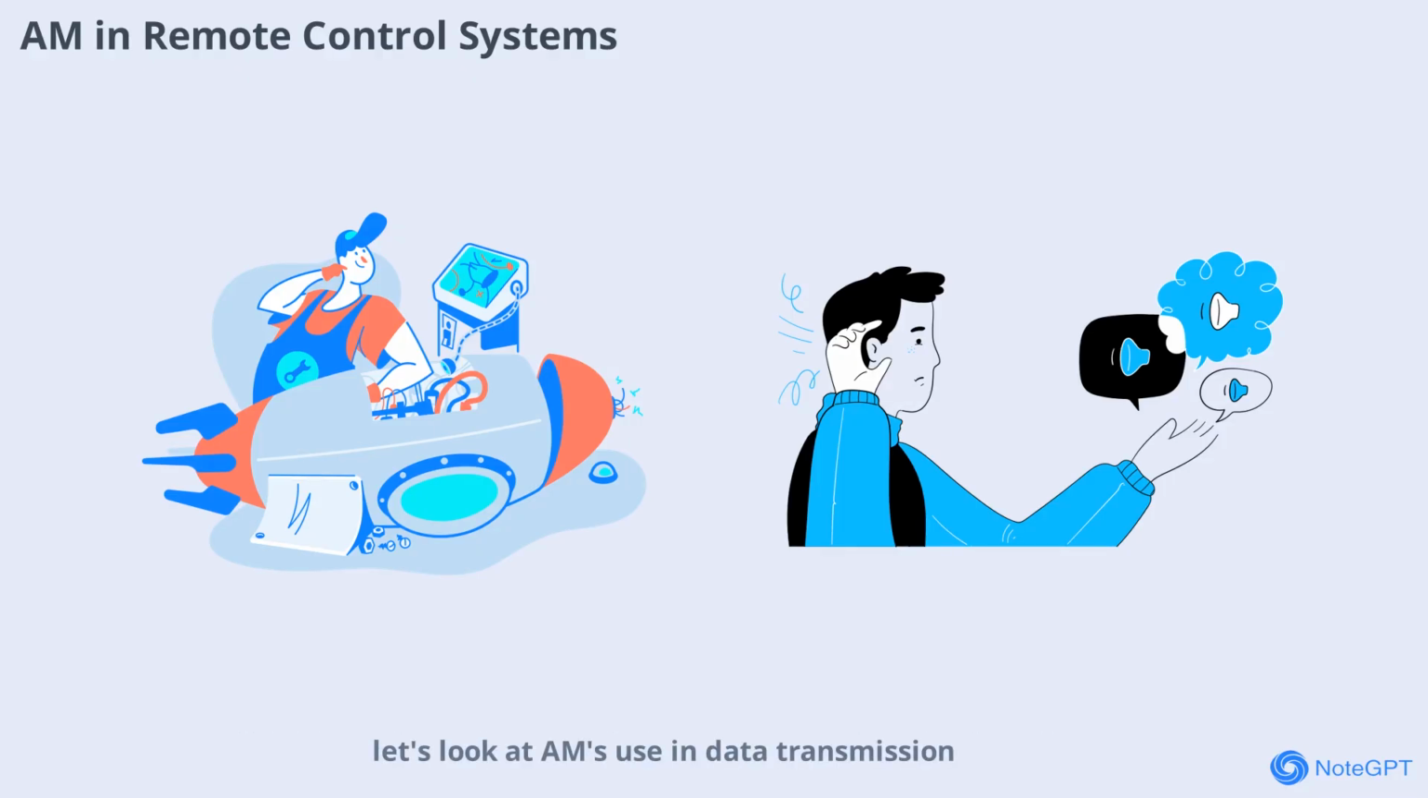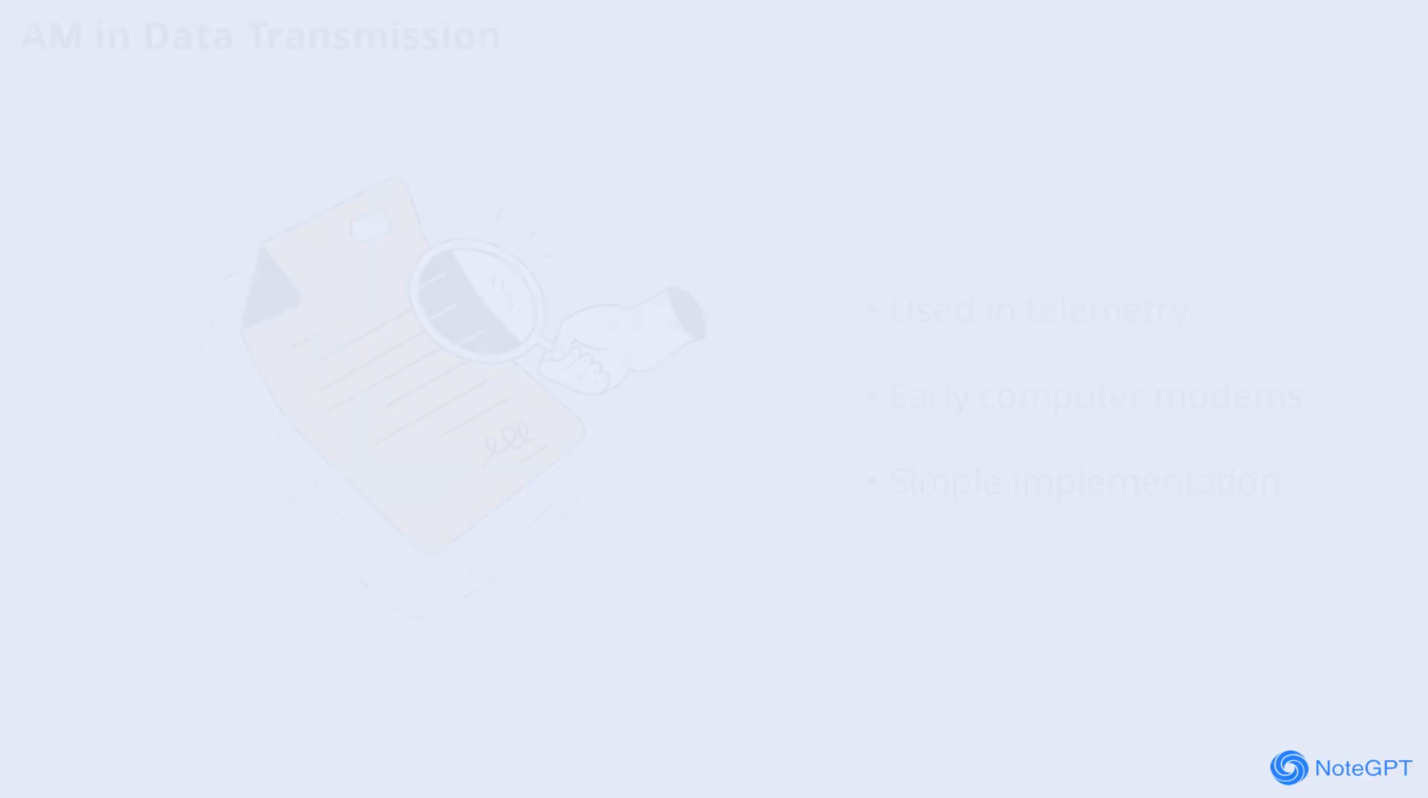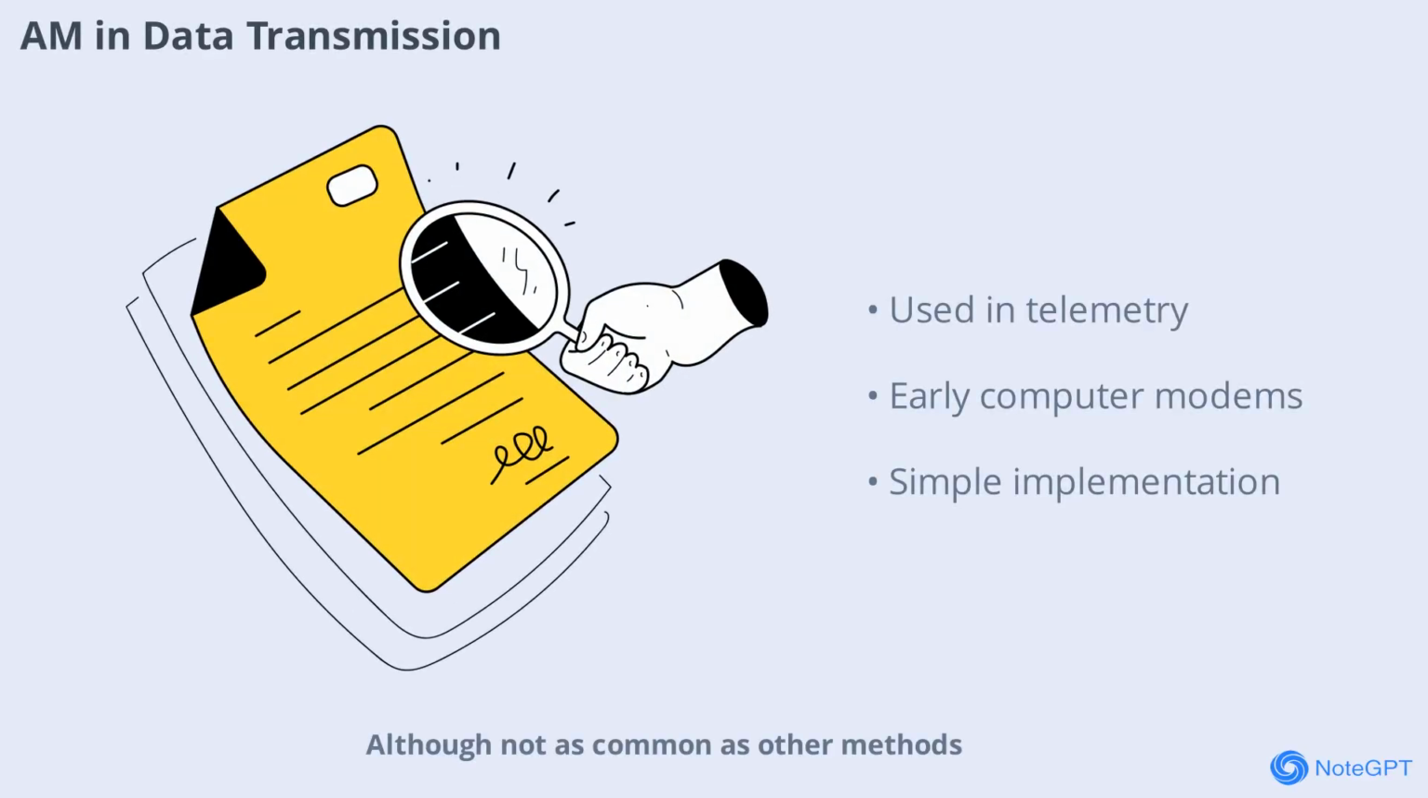Now, let's look at AM's use in data transmission. Though not as common as other methods, AM can be used for data transmission in certain applications. For example, some telemetry systems and early computer modems used AM to send digital information over analog channels. While more advanced techniques have largely replaced AM for data, it still finds use in specialized systems where simplicity is